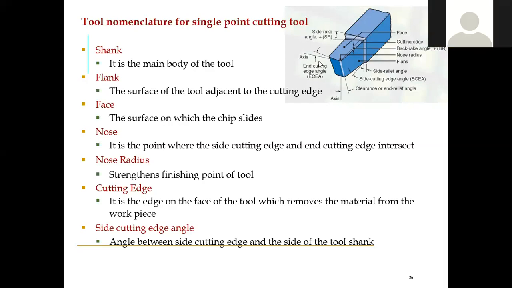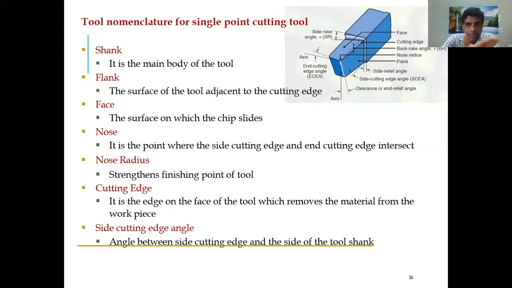The face is the surface of the cutting tool on which the chip slides or comes in contact. And the nose, whatever radius I told you we need to maintain, is called the nose. It is the point where the side cutting edge and the end cutting edge intersect, right? That particular portion is called the nose.